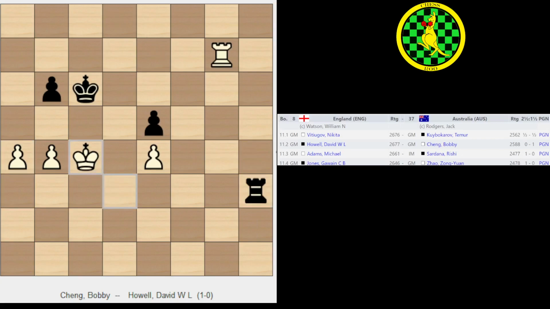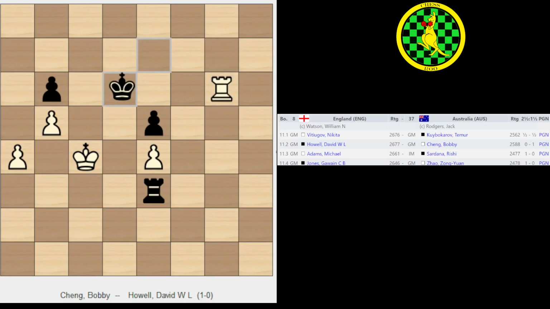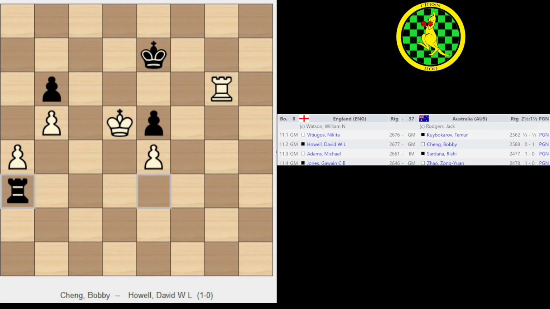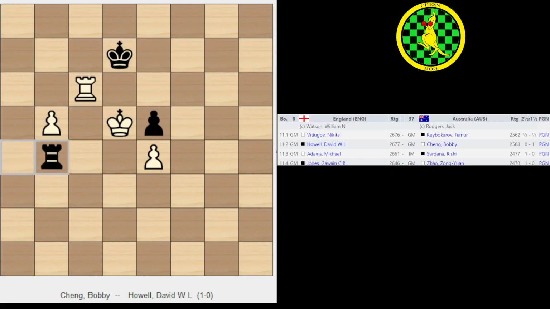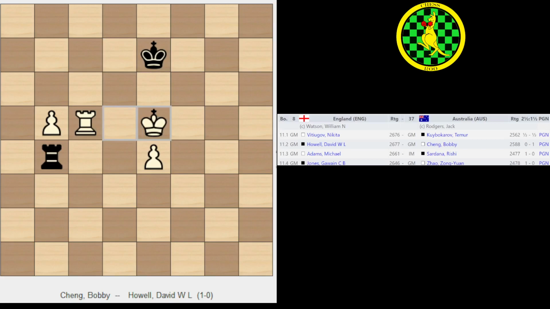And then now we're threatening rook g6 check, pushing the black king back and picking up the e-pawn, or even pawn check, and you can see that e-pawn's going to fall, we'll lose the a-pawn, and you can see this is very similar to the previous position with 2 pawns against none in a winning